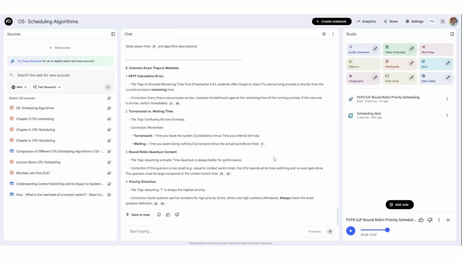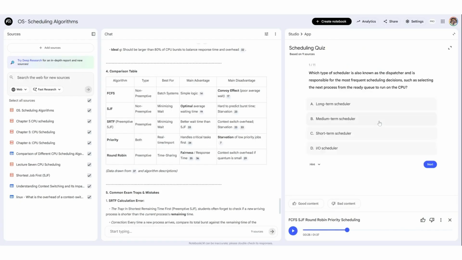I have generated the quiz already, just to save some time. Let's have a look. I don't think I used any custom prompt here, but you can see this quiz is already generated. Now after studying the topic, one of the biggest problems we face is knowing whether you actually understood it, and this is where these quizzes could be helpful for you. For example, this is the first question: which type of scheduler is also known as the dispatcher and is responsible for most frequent scheduling decisions,